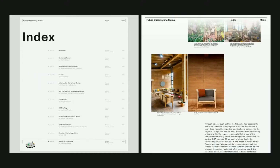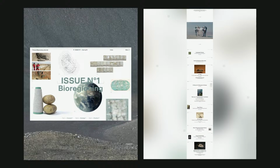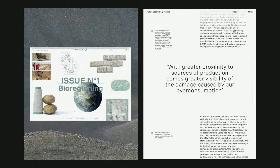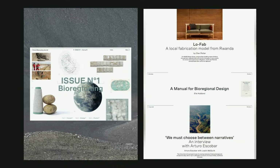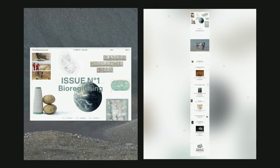Here on the left you see how the bracket works, and then index, going back, and on the top you also see how it functions really to hold everything together. And then this was the first issue about bioregioning that we published. And again, having that more ecological, scientific aesthetic that we want to reach with these cutouts, drawings, smaller shapes, and then one moving element. So also don't want to use too much firework. Really take one moment,